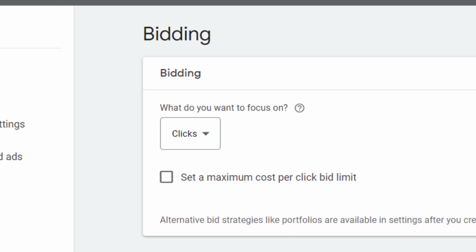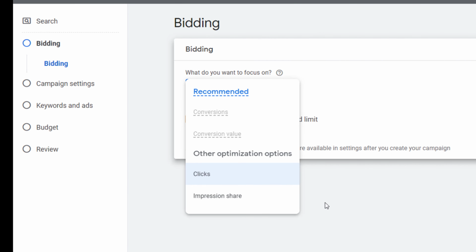There are several different bid types available in Google Ads, including cost per click (CPC), maximum cost per click (maximum CPC), and enhanced cost per click (ECPC). CPC bidding is the simplest and most straightforward option, and it allows you to set a specific bid amount for each click on your ad.